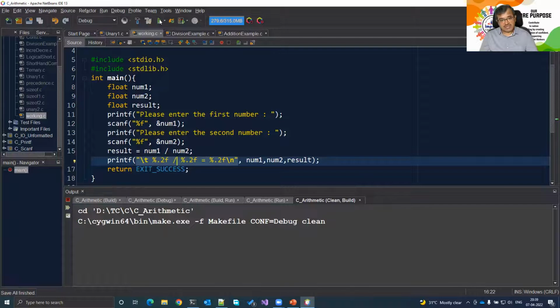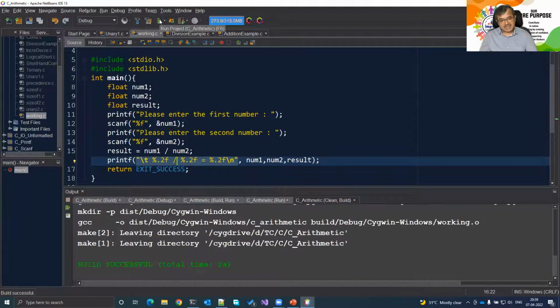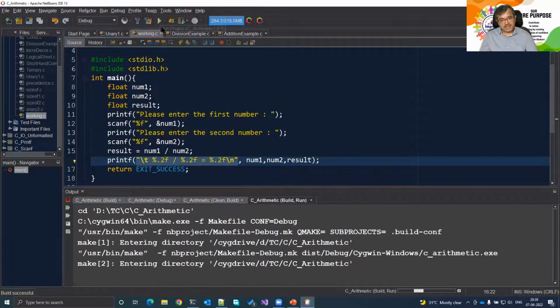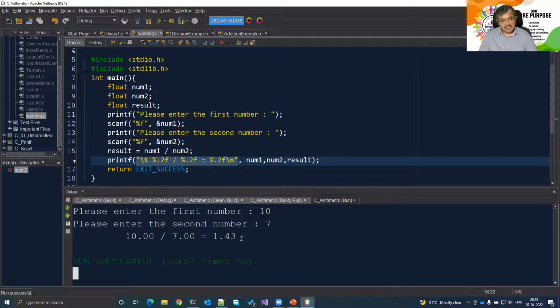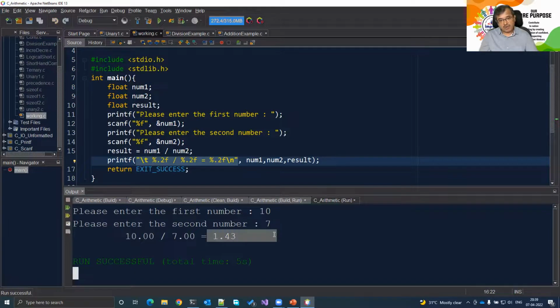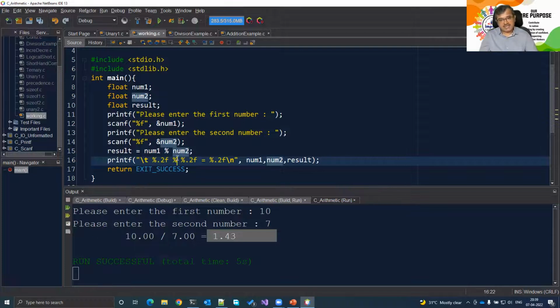तो देखते हैं डिवीजन, एडिशन देखा, मल्टीप्लिकेशन देखा है, सब्ट्रैक्शन भी देख सकते हैं आप, खुद करके देखो. And here I go. ऐसे फर्स्ट नंबर मैंने कहा 10, सेकंड नंबर मैंने कहा 7, कहता है 10 divided by 7 is equal to 1.43. परफेक्ट. अब देखते हैं मॉड. अब मैं कहता हूँ रिमाइंडर चाहिए, तो मुझे बताइए 10 mod 7 का रिमाइंडर क्या आएगा. थोड़ी देर पहले देखा था हमने,